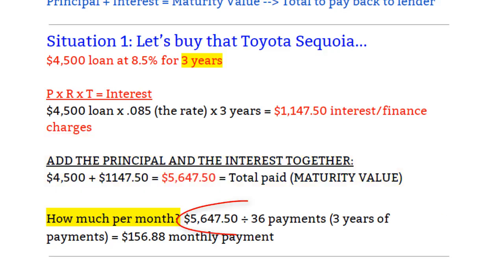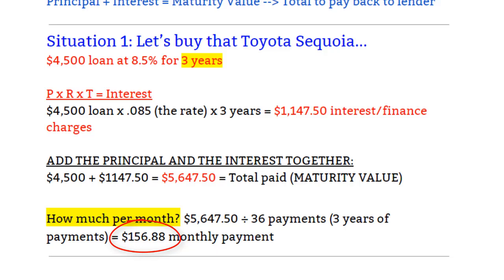Now I'm going to take that number divided by 36 payments, because if I'm paying for 3 years, I'm going to pay every single month. That is a total of 36 months of payments, 12 months in a year times 3. So if I divide the total that I'm going to pay for this car by 36, I get a